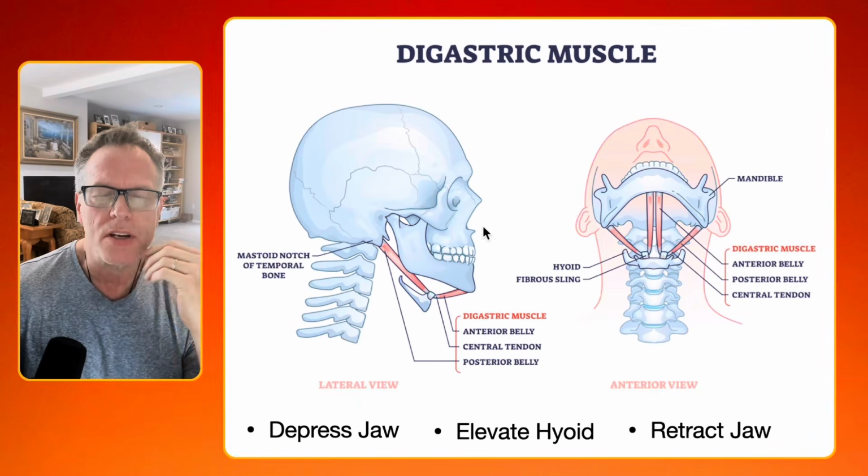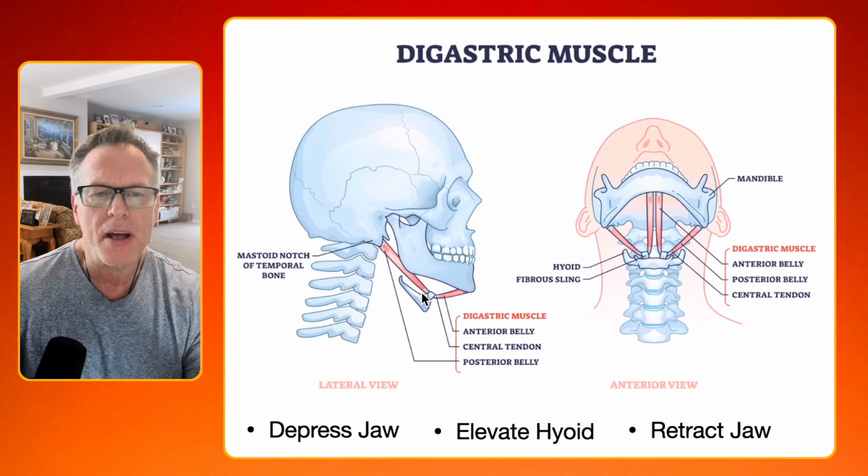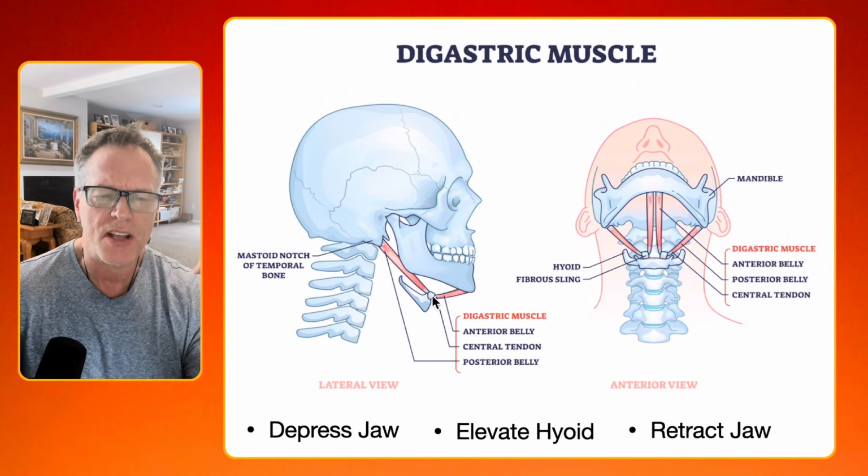All right, let's take a closer look at the digastric muscle itself. This is a great graphic representation. What I want you to see here is the side view. This is looking at the right side, so this is the right digastric muscle. Remember, you have two. You have one on the right, one on the left. This is that posterior belly and the anterior belly, going from that mastoid notch to the hyoid bone and then to the chin. And this central tendon is this part right here that it attaches to the hyoid, and it's